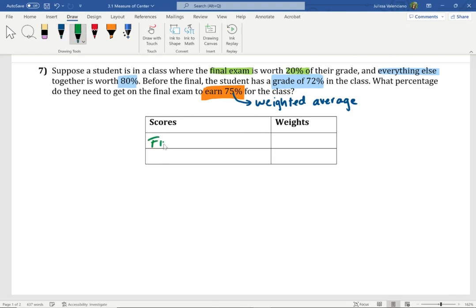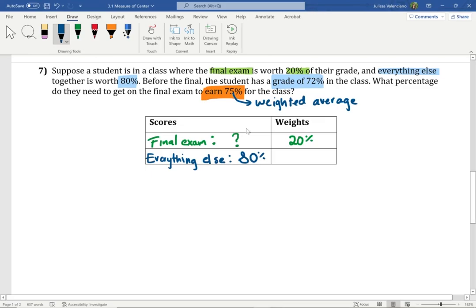We have the final exam, and here we need to enter the score for the final exam. We don't know what the score for the final exam is, so I'm just going to write a question mark. Now, we do know that the weight is 20%. Now, we do have the score for everything else. The score for everything else is 80%.